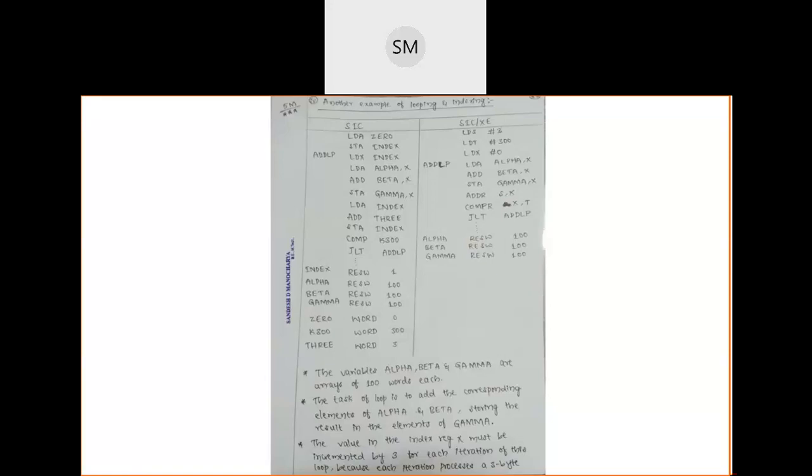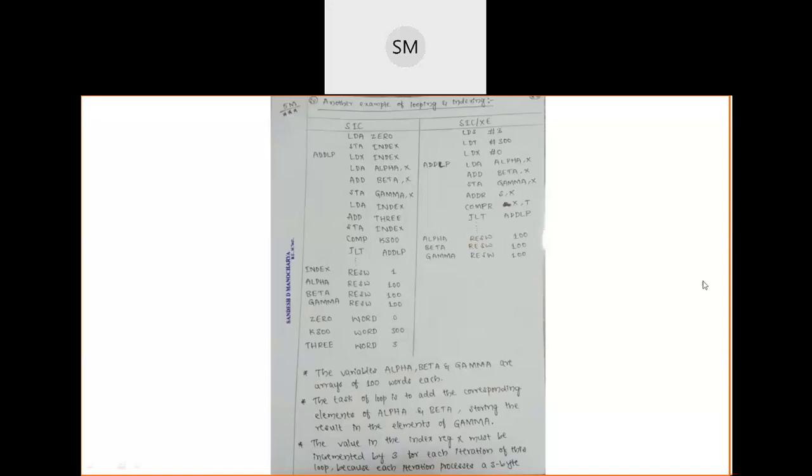Why am I writing this program? In the alpha array some integer values are there. 100 words means 100 integer values. In every word one integer value is stored, any random integer you can consider. And in beta also some random integers are present.